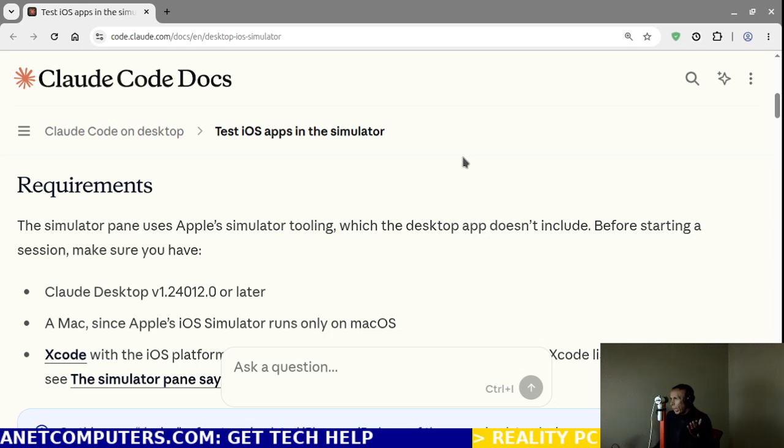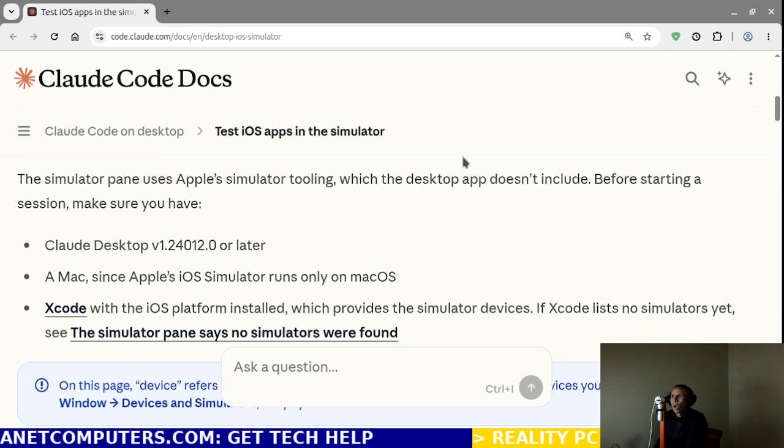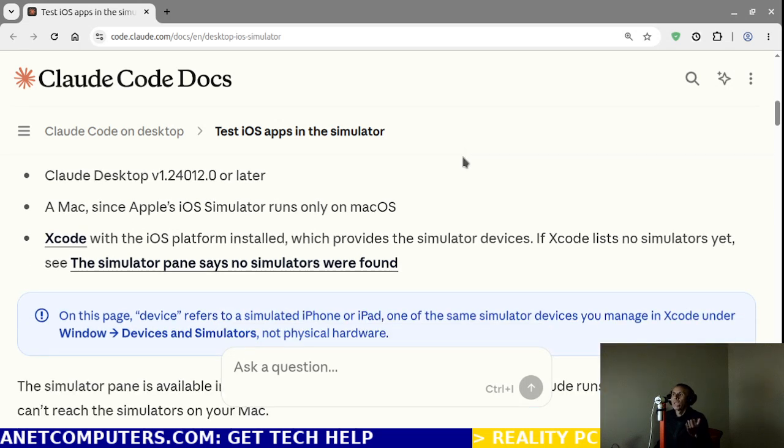Alright, it uses a tooling mechanism, the Apple simulator, which the desktop software does not include. So before starting a session, you will need to make sure that you have Anthropic Claude desktop software version 1.24012.0 or newer. Also, an Apple Macintosh computer, because this Apple iPhone operating system simulator only runs on Apple Macintosh operating system. You'll also need Xcode with the Apple iPhone operating system platform installed, which actually provides the simulator